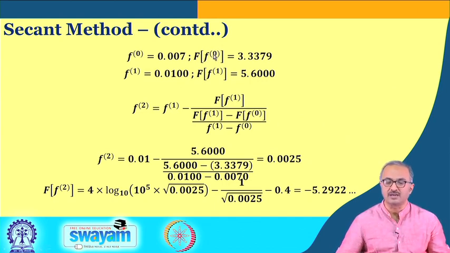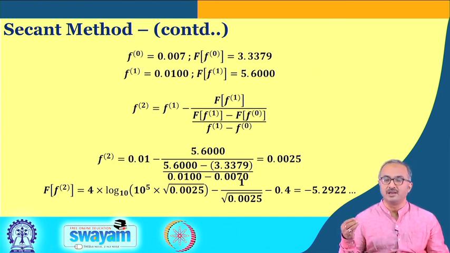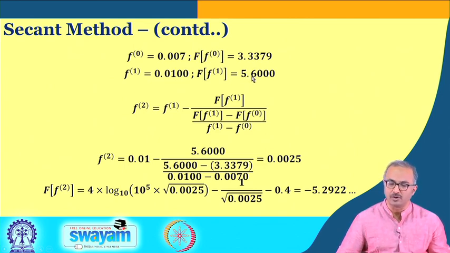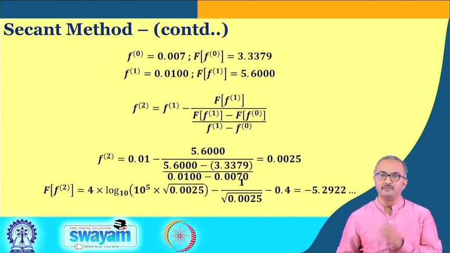We can check that f0 is decreasing and f1 is more. That seems to mean that if we go from f1 to f0, we will be able to go towards the root, because root means that this capital F value should be 0. Since we are going towards 0 in this direction and not the other direction, we should choose this one as the new value for our search purpose. That is how we keep on eliminating